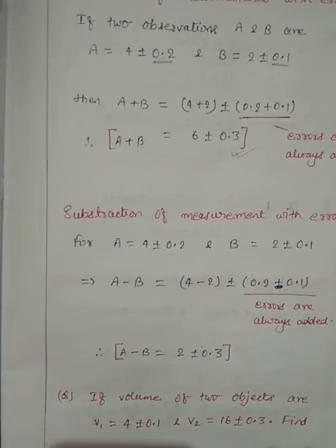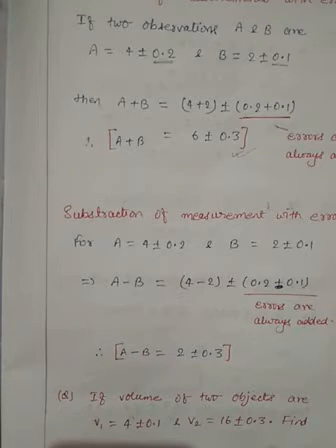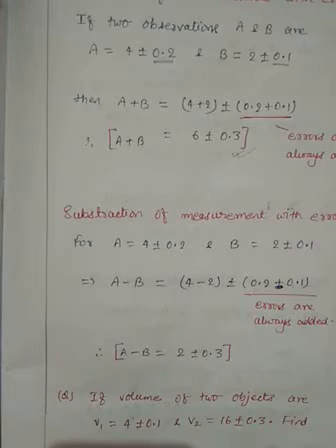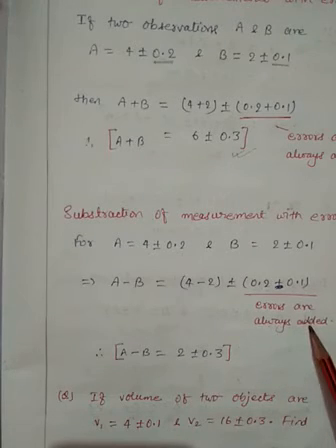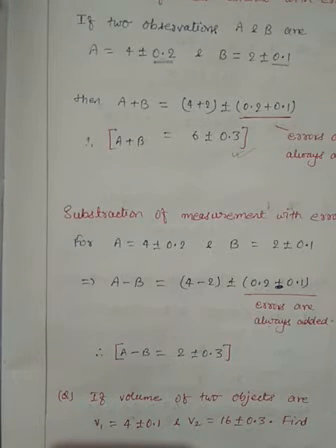Suppose that you are calculating certain values. Anyhow you are getting two different values and both are related with certain error. So whether you operate an algebraic operation in the form of addition or subtraction, your final result is bound to have more and more error, because two inputs are already having error, and now you are operating on values that already have error. So the chances of more and more errors are there. That's why it is always said in physics, errors are always added, they can never be subtracted.